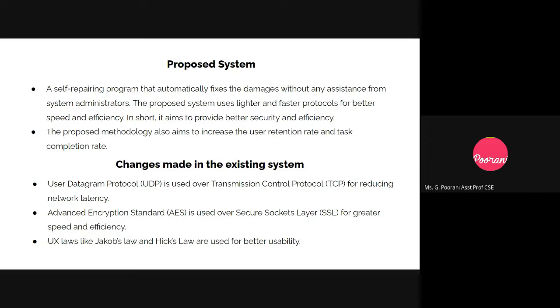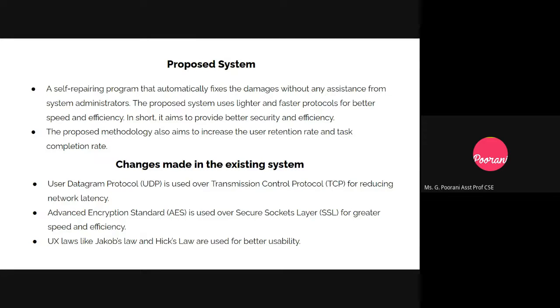So in the existing system, some other things will be there, like some protocols you may have used, right? But in the proposed system, you have just started with UDP and TCP, all those things, right? Ma'am, the thing is UDP is used in the proposed system, and the existing system uses TCP. So we use UDP for reducing network latency. Then blockchain uses secure socket layer and SHA, secure hashing algorithm 256, but we use advanced encryption standard AES 512. So we have used that.